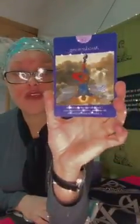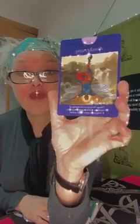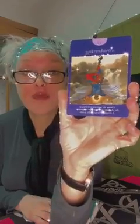So what does it say? Change the way you're looking at the situation. Embrace your uniqueness. A temporary pause in the action. This card would signify to me that it's deliberate. Look, it's beautiful. He's in the middle of nature with the waterfall in the background, and he's got that halo around his head. He's just chilling out and thinking about what creative project he can do next, or maybe working on some bumps in the road with the project you're currently on. So let's have a look and see